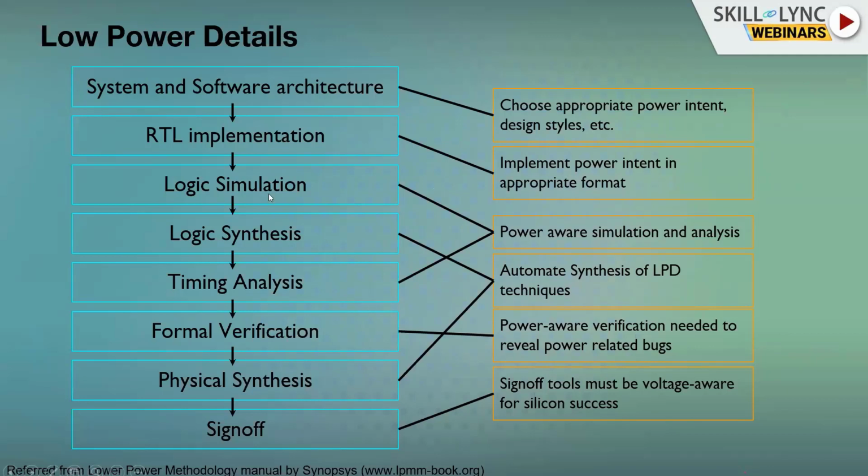Once we have that, we go for simulation and check whether whatever we have implemented in terms of power is behaving properly. Are we missing anything? Mainly, we check that we are crossing across domains, some of the logic internal to that is going off, and we don't have anything protected, so the protection cells are not there. That is what we'll be checking here.